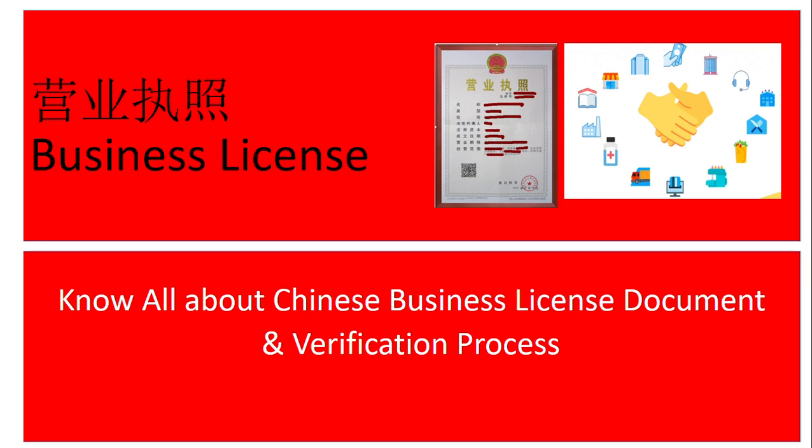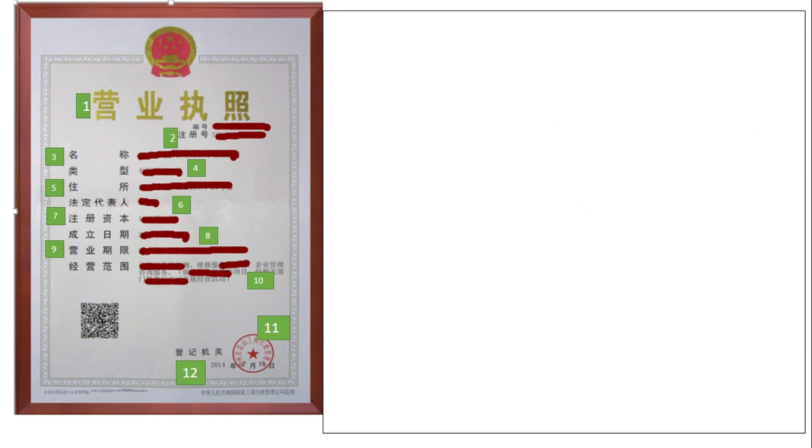Everyone. So today I'm going to help you understand a Chinese business document, how to decipher what is written in Chinese, and to know how you can get a business document verified. If you are doing business with a Chinese company, you must have seen a document like this. It is a business document given by the Chinese government, and all the details are on a Chinese website and it can be verified there.